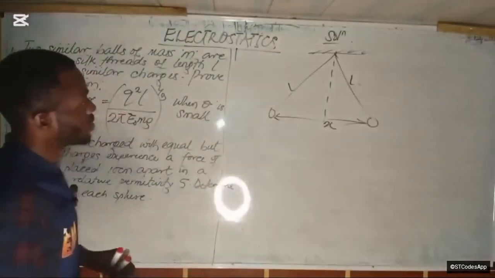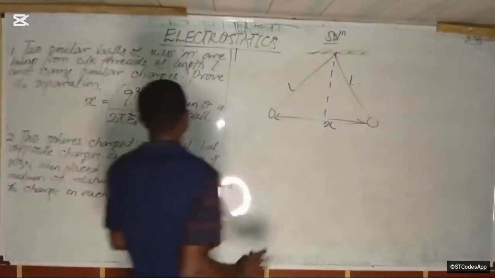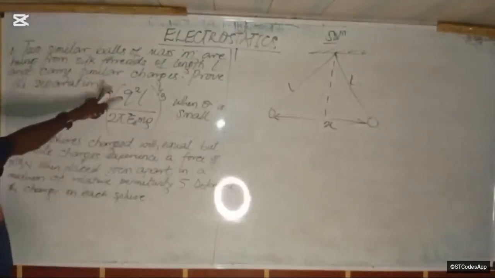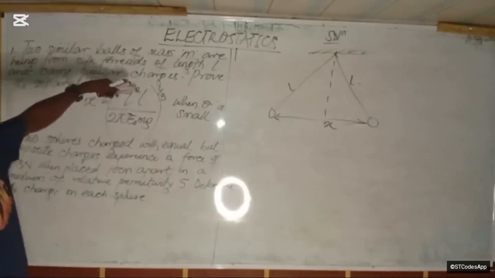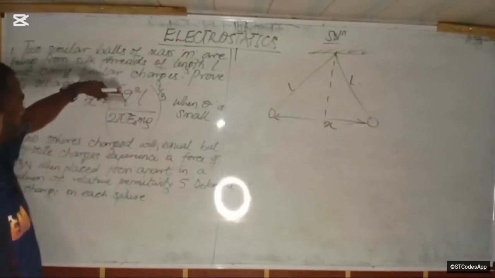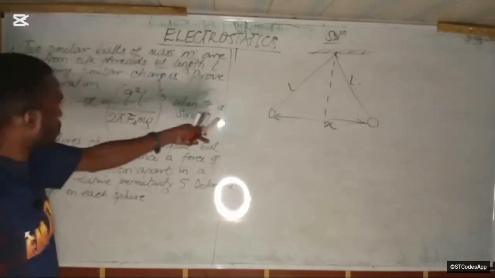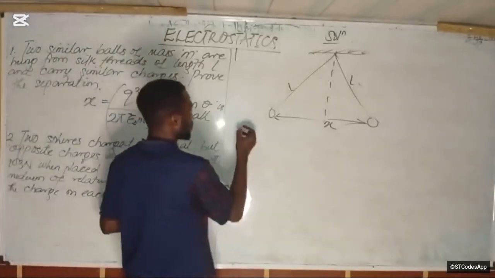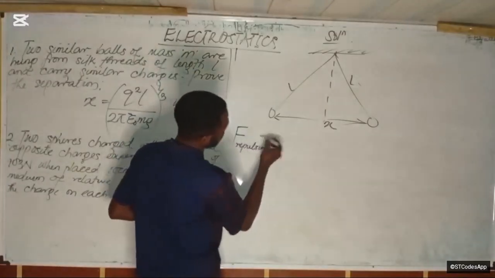Okay. So since we already have a right angle triangle here, from here to here, wait, let's see if we need it. It says, prove that the separation X is equal to this. So you can see in this equation what looks like Coulomb's law here. So what Coulomb's law do we apply here? Since they are similar charges, Coulomb's force of repulsion, right? So the force of repulsion between them will be equal to